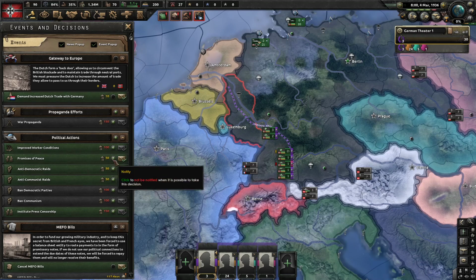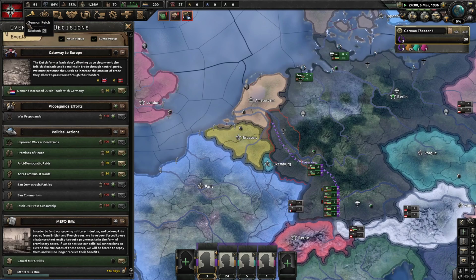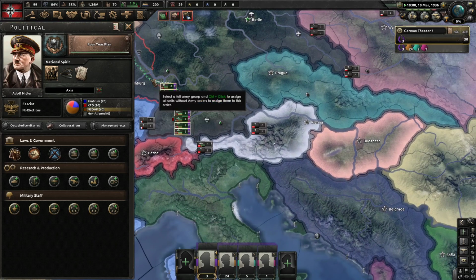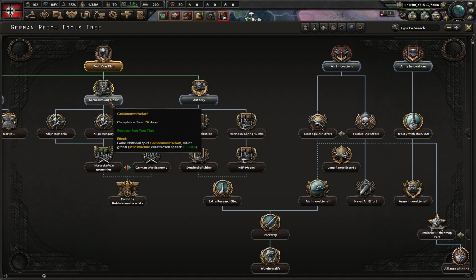Not gonna build any infantry either. None of this, please. It's pretty much a waste of time, but I will be building a bunch of cavalry and switching them over to infantry afterwards. For now, though, what we really want to focus on...